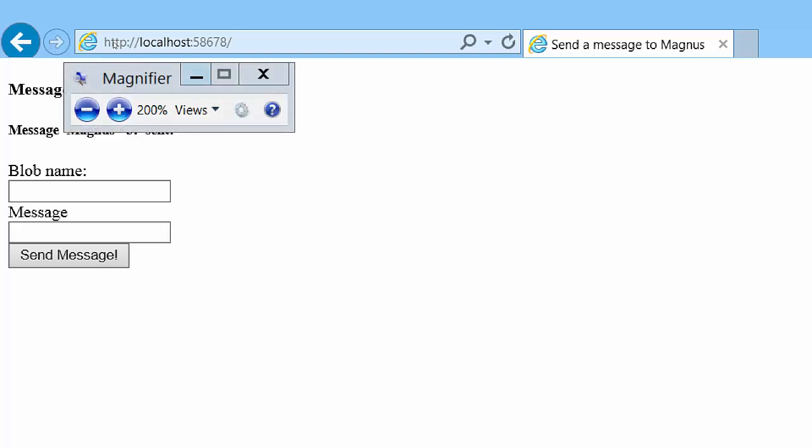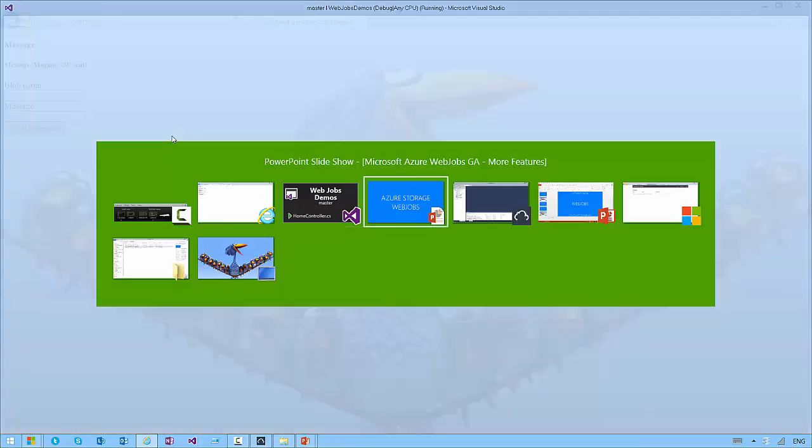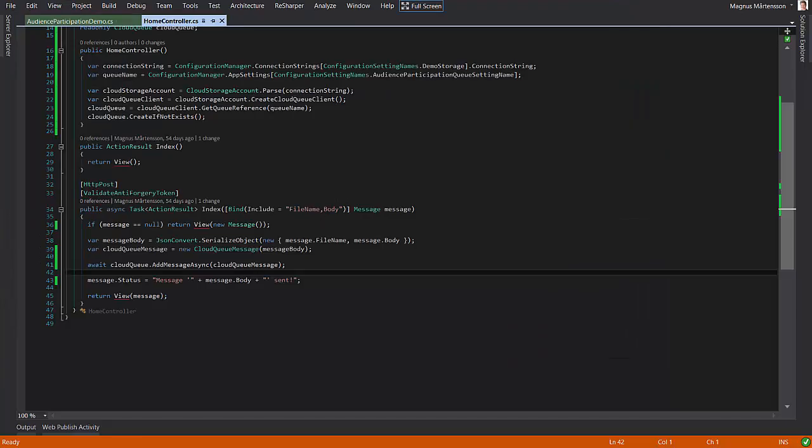Where is this somewhere? I'll show you the code behind here. The post action of my form goes and actually JSON serializes my message body, creates myself a little message, and creates a Cloud Queue message which is added to an Azure Storage queue. So this Azure Storage queue